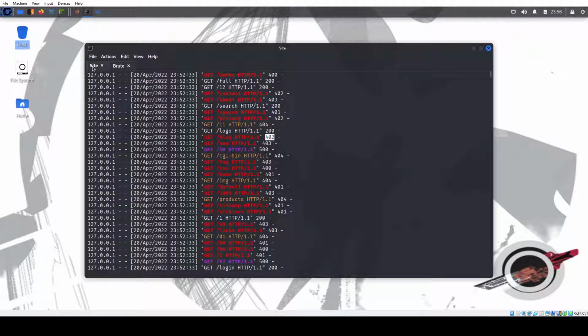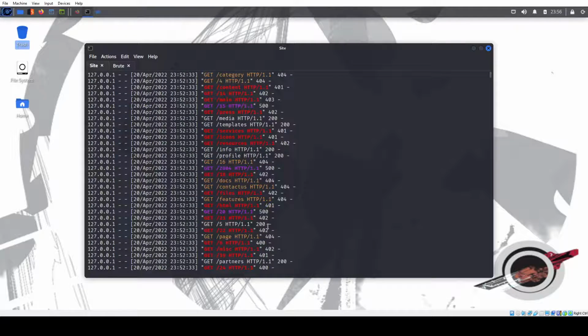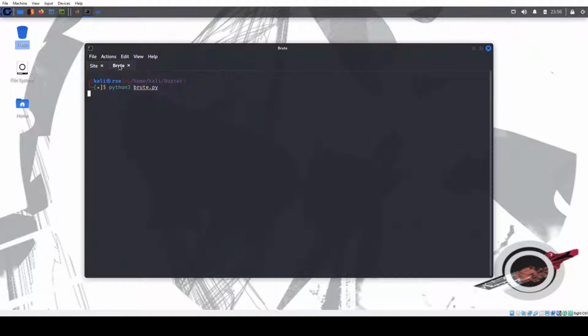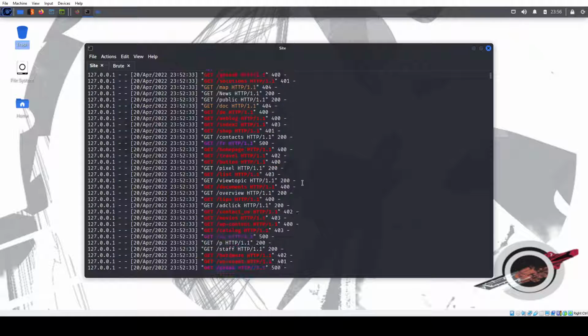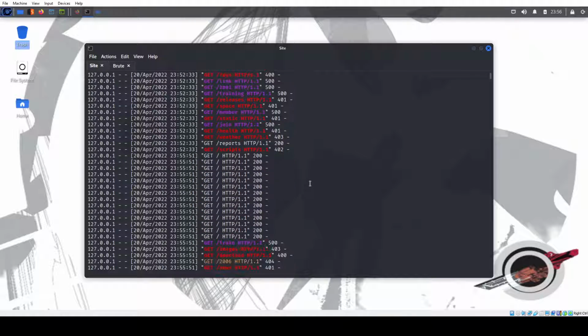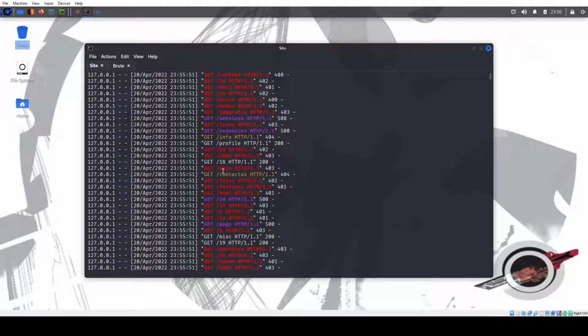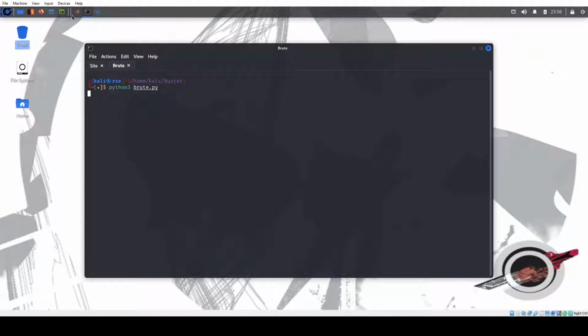So see, we have 202, 404. Let's see. I think it takes almost 2 minutes. The server actually goes through each of the partners. Actually, while we wait,